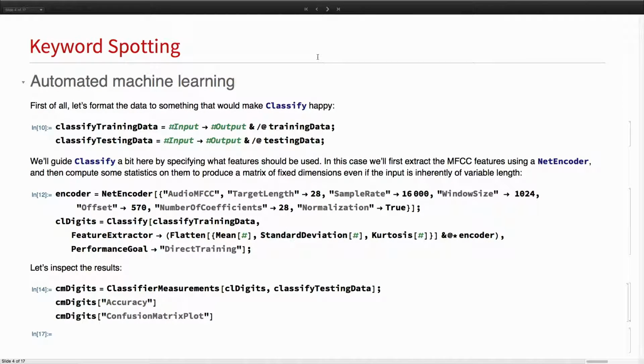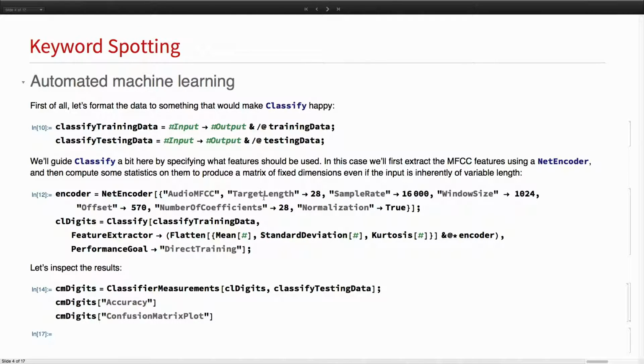So we have several strategies that we could follow. We could go the completely automated machine learning strategy by using the Classify function. First of all, we need to massage the data a little bit to make it in a format that makes Classify happier. We define a net encoder, which transforms our audio objects into matrices, in this case of a fixed dimension.